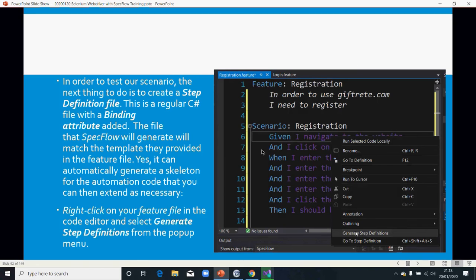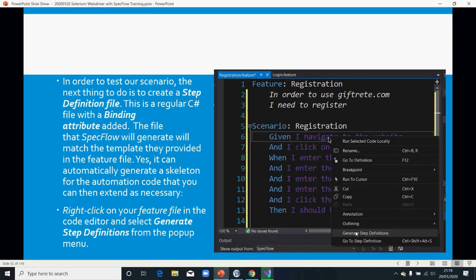To create your step definition, you right click on your steps and then select generate steps. There are different ways to do this, and I'm going to show you during the demo. But why do I need to do that? I explained before: right now, as you can see, my steps are showing blue and purple because there's no binding. Given, when and then are basically English. For each of these English lines,